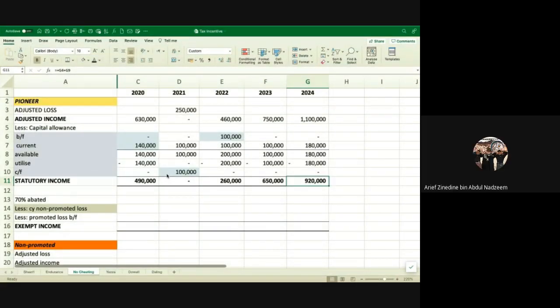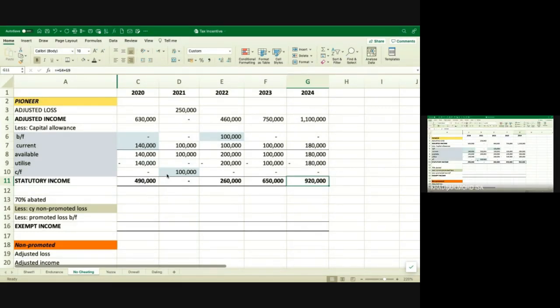So it cannot be brought forward until the pioneer status has been withdrawn, right? Oh, okay. It depends on when you incur the capex. If you incur the capex during the pioneer period, then you have to claim capital allowance. That's why they have to come up with a forecast not only on the profit, you must also forecast your capital expenditure. How much are you going to incur? When are you going to buy your asset, for example? If you're under pioneer status, if possible, you do not want to incur. But remember that normally pioneer status is the period where you expand. So when you do expansion, normally you will incur a lot of capex. So that's why the projection is very important.